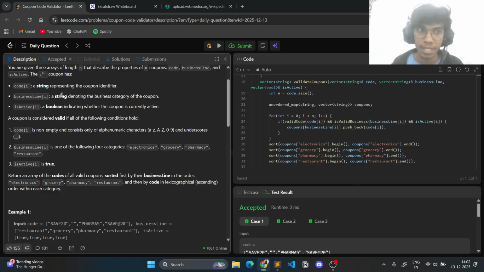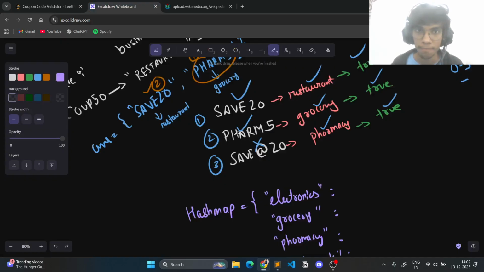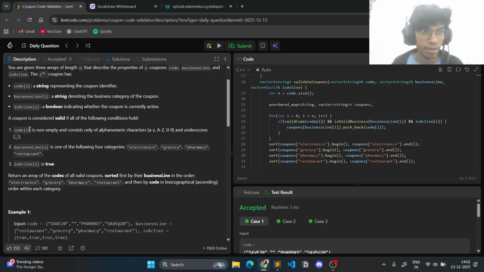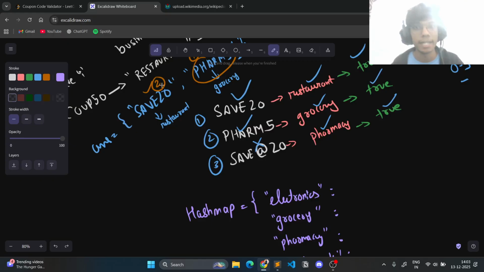The second condition is the business line is one of these 4 categories. Yes, it is. Then the coupon code only consists of alphanumeric characters and underscores. Yes, it does. So now we can add this coupon code save 20 to our hash map,